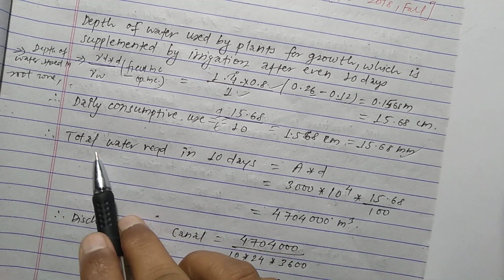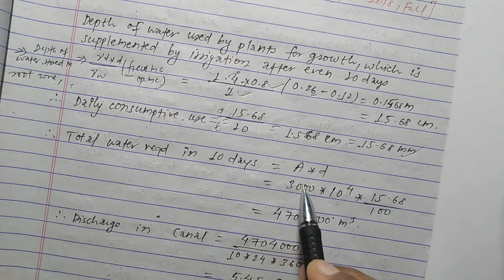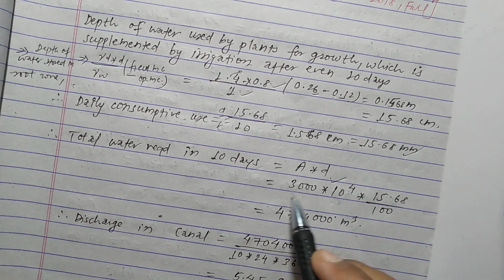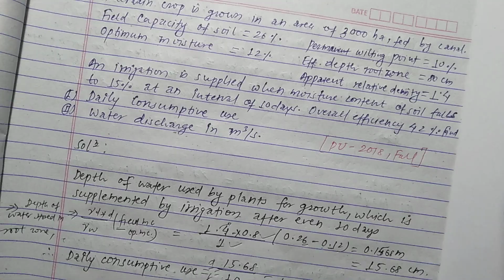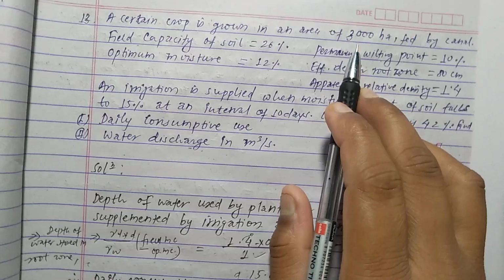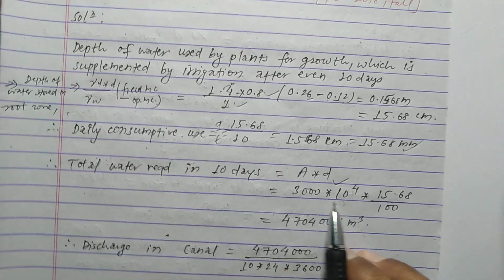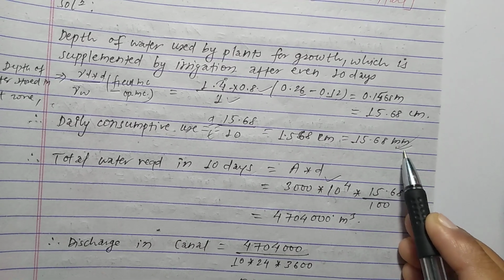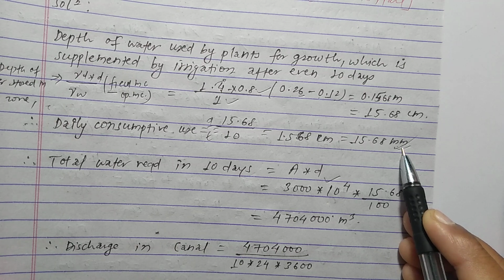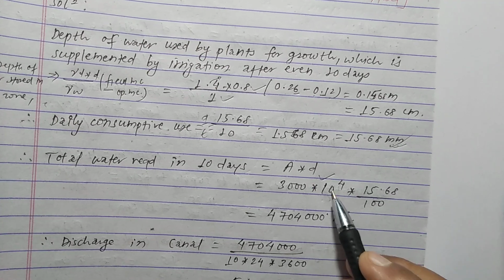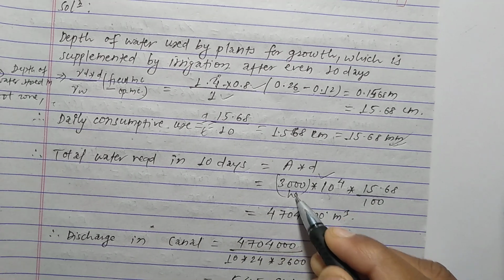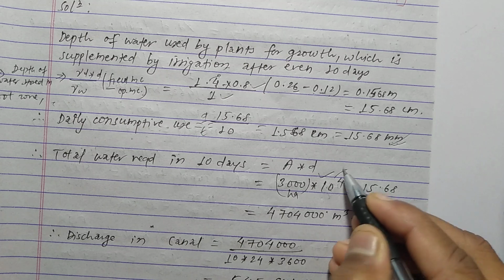Okay, now we have to calculate the total water required in 10 days. For this we just have to multiply A into D, and the area is given as 3000 hectare in the question. And D we have already calculated, that is 15.68. This is in mm, but we have to calculate this value in meter. Because the area is in hectare, for converting hectare we have to multiply by 10 to the power 4, then it becomes meter